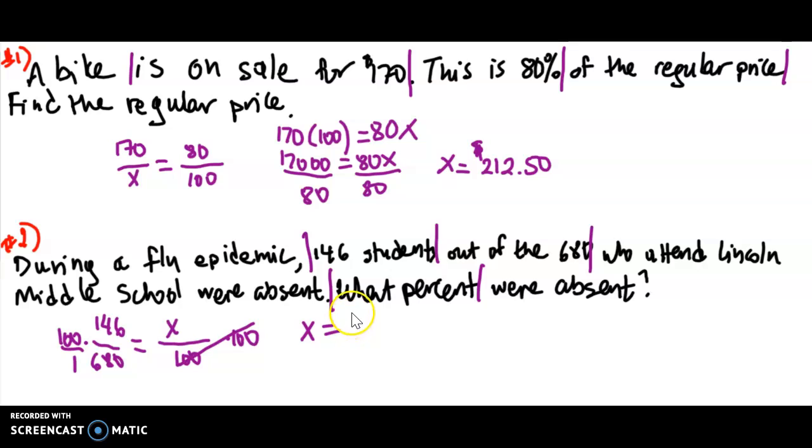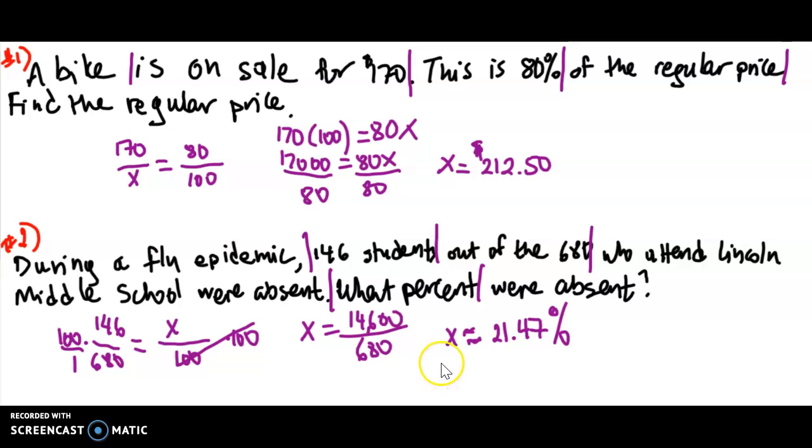So it's 146 times 100, divided by 680. And if you do that division, you're getting x to be, well, I'm going to say about, because it's not exact, 21.47. Now be careful, because you're asked to find percent here, you have to put the percent symbol,